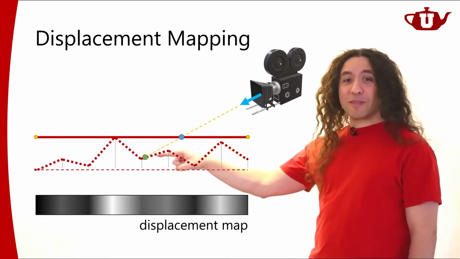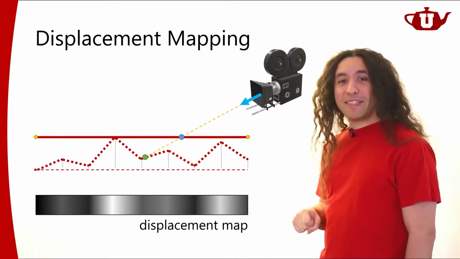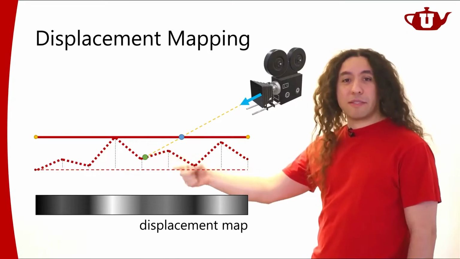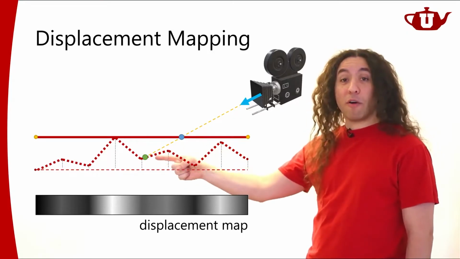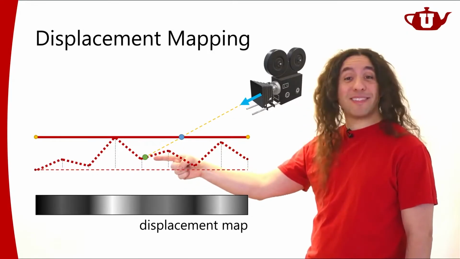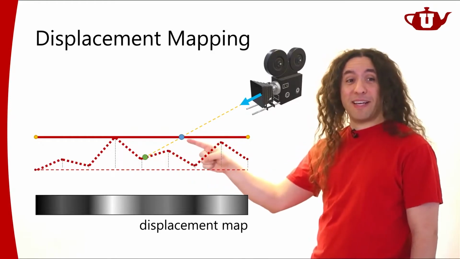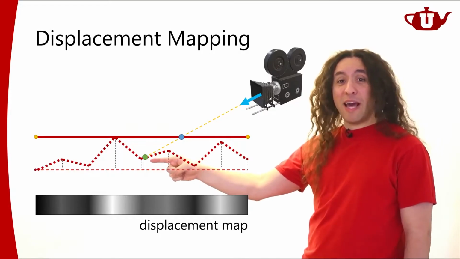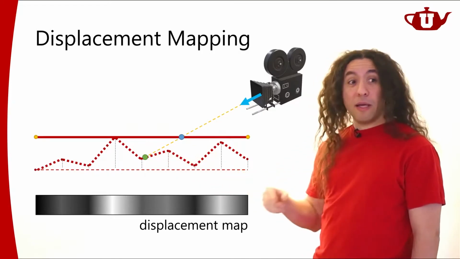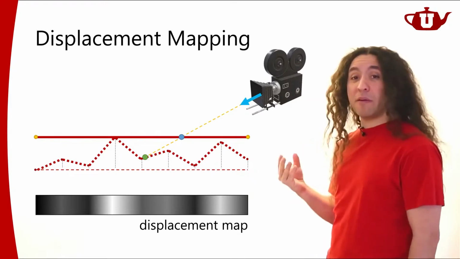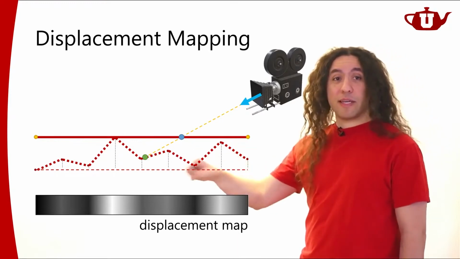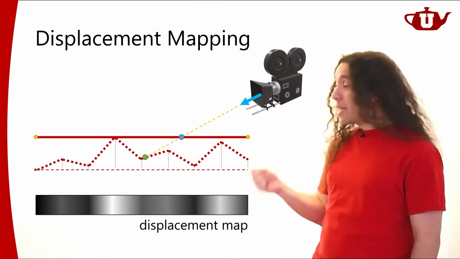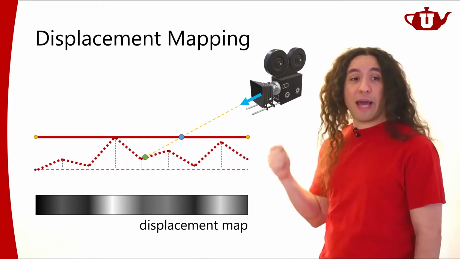And then I can use the position and the UV coordinates and the surface normal of this position instead of this position, right? I use this green point, I shade this green point, I compute my shading at this green point instead of this blue point, and that will give me the exact appearance of this high resolution model, of this displaced model, without paying the cost of actually rendering it.